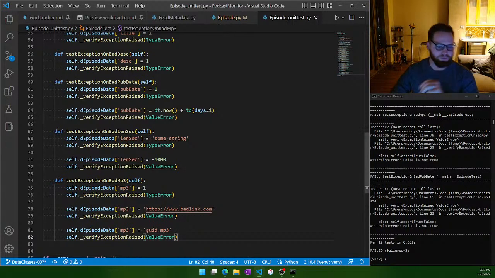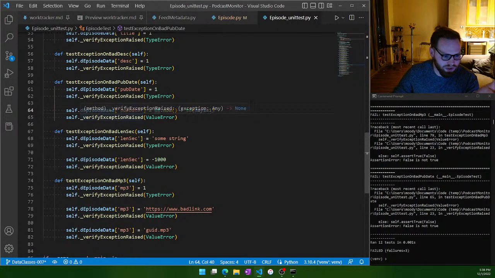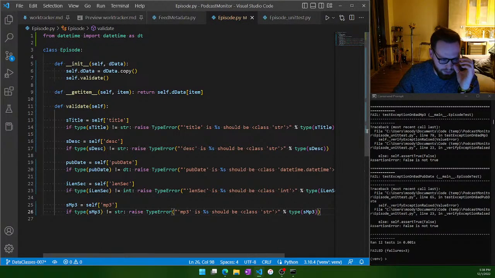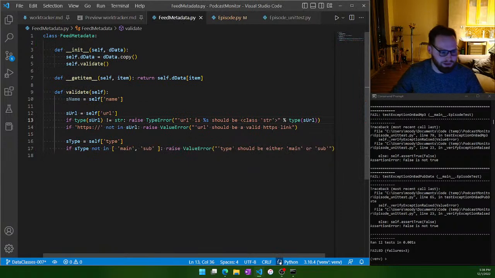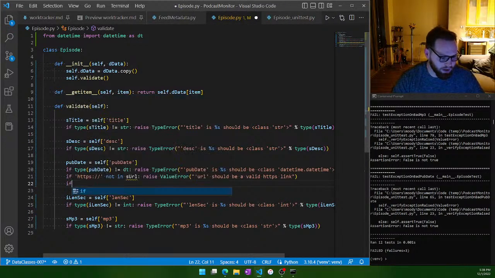So basically, as you can see here, date times allow for use of operators like addition. They also allow for the use of operators like the greater than, less than operator. And so DT now is the current date time. And so that's basically what we're saying. We want to verify that if this was published in the future, it's incorrect. So we're going to just copy this, even though it's going to be significantly different, I guess. So we'll say if pub date is